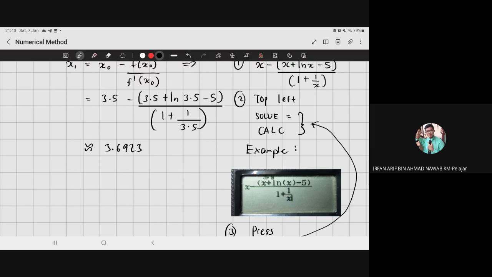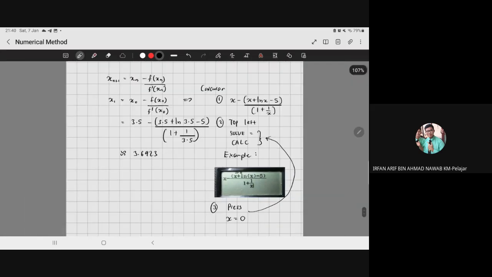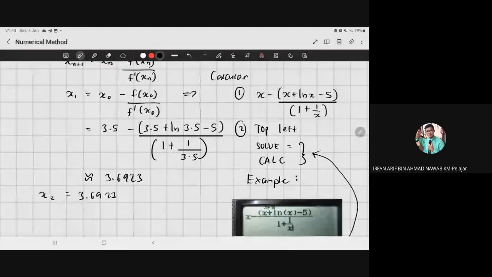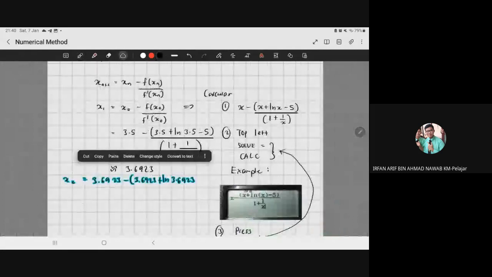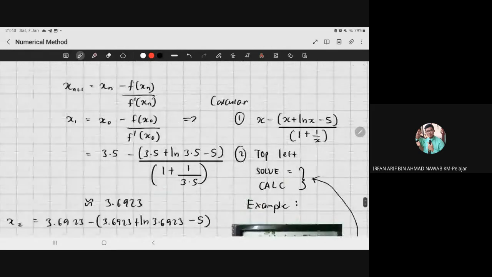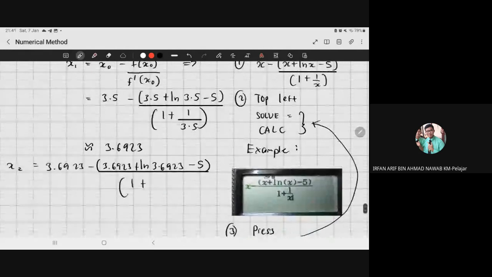So from here, you will find x sub 2. x sub 2 is equal to 3.6923 minus 3.6923 plus ln of 3.6923 minus 5, divided by 1 plus 1 divided by